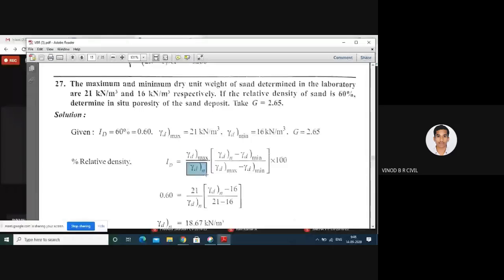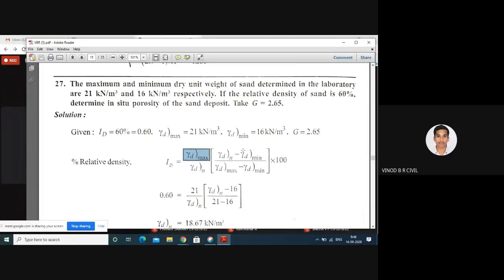See, what is the difference between gamma D maximum, gamma Dn and gamma D minimum? I will tell you now what is the meaning of gamma Dn. Gamma Dn means natural condition of the soil. For example, soil deposited in natural form, not compacted and not made free, is gamma Dn. Gamma D maximum means the same deposit if you compact it with the help of a roller or earth moving equipment.